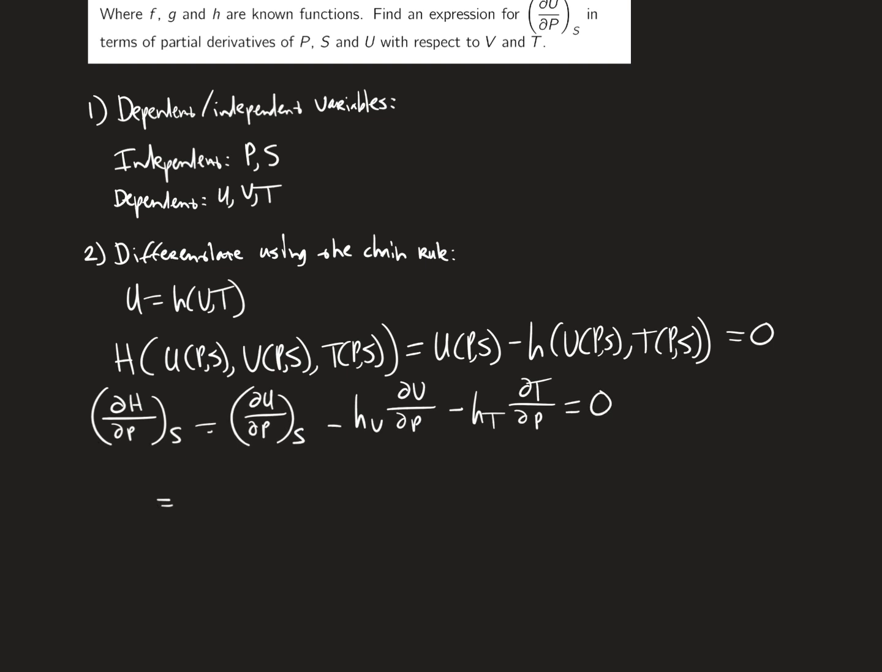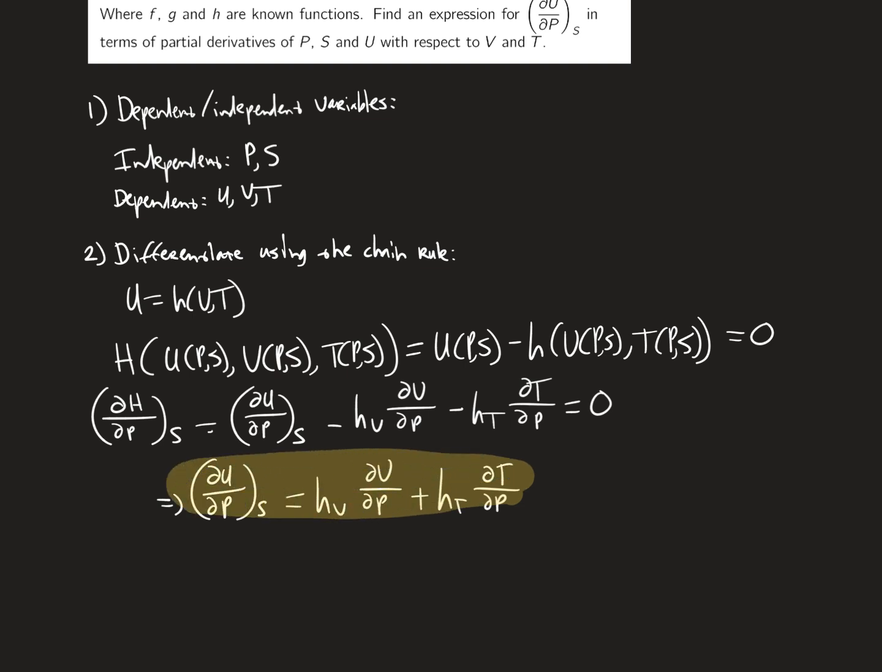Now we can rewrite this a little bit to see that ∂u/∂p, where we keep s constant, is equal to h_v ∂v/∂p plus h_t ∂t/∂p. So this is the first expression that we find for ∂u/∂p, where we keep s constant. And if we look at this expression, then we see that we can determine this h_v and this h_t, because our function h, we assume, is known. But we need to determine an expression for ∂v/∂p and ∂t/∂p,